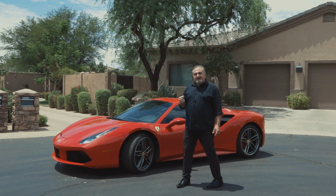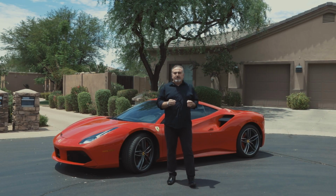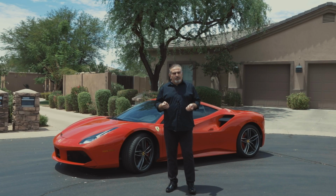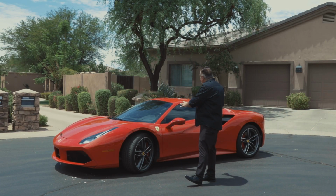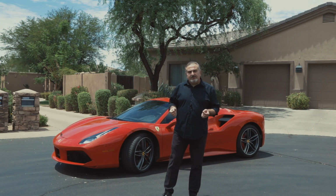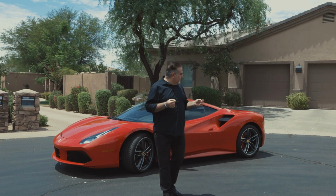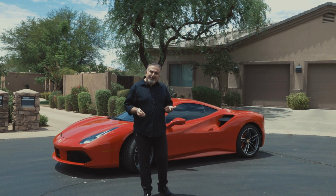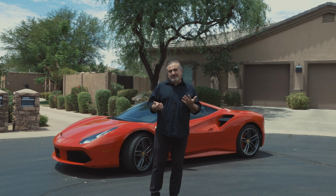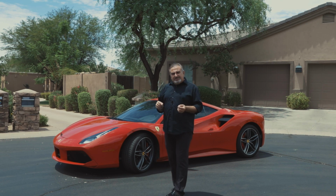Ferrari in 2018 replaced the 458 Italia, which had a V8 naturally aspirated engine, with this model that we are looking at today. This car has a V8 engine, twin turbo, and it has 660 horsepower, 560 pound-feet of torque. As I mentioned, it's a V8 twin turbo, 3.9 liter, which is a nice size of an engine,